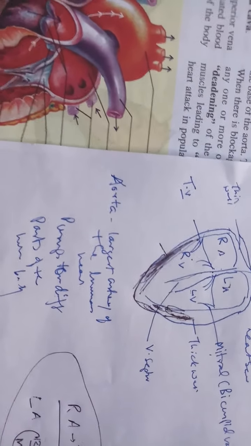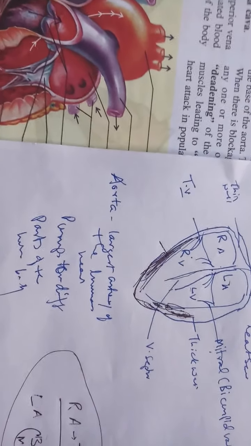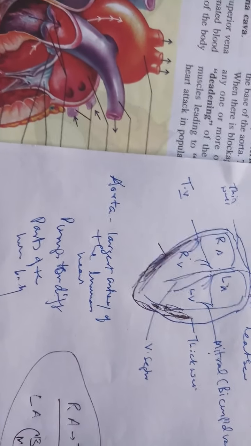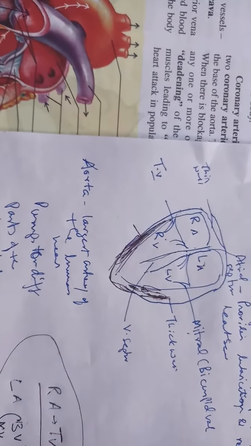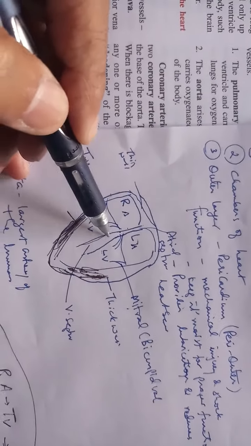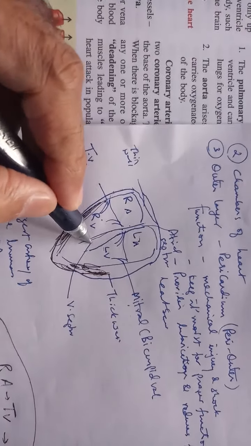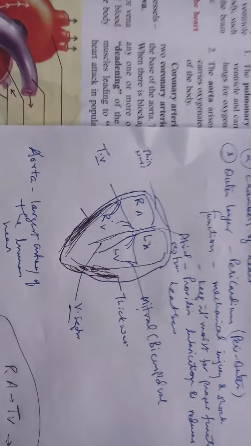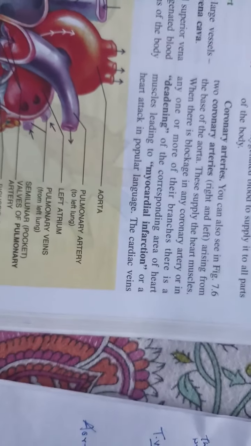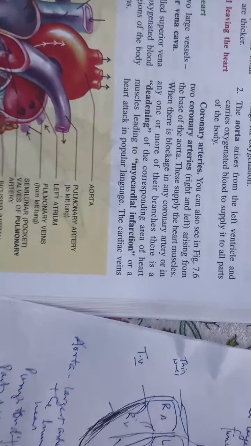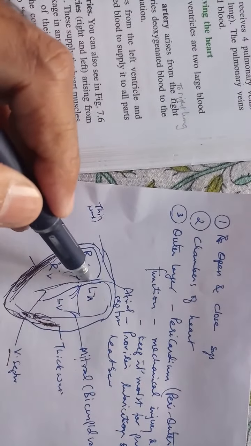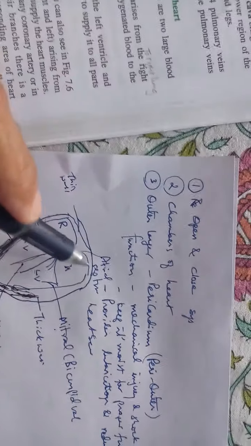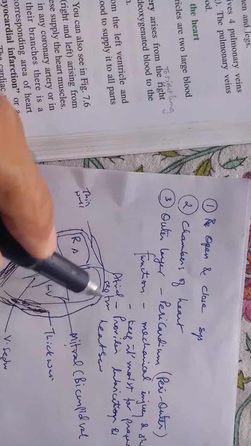So septum is a wall, a muscular wall, a kind of cartilaginous wall, which separates the two parts. So here also we have a septum. The lower part of the septum is called the ventricular septum, right? And the upper part here we call the atrial septum. So the septum is very important again, right?